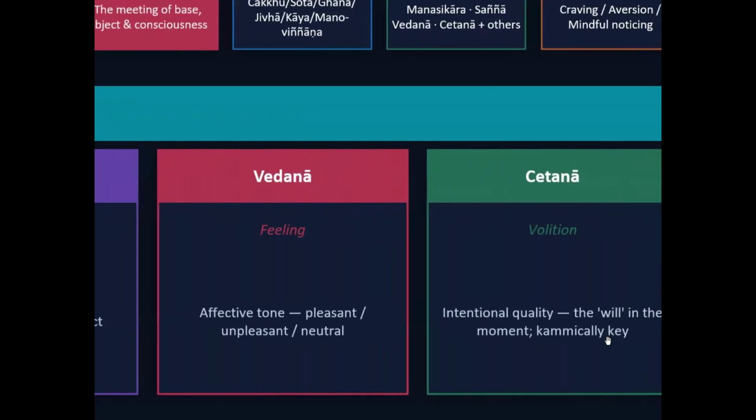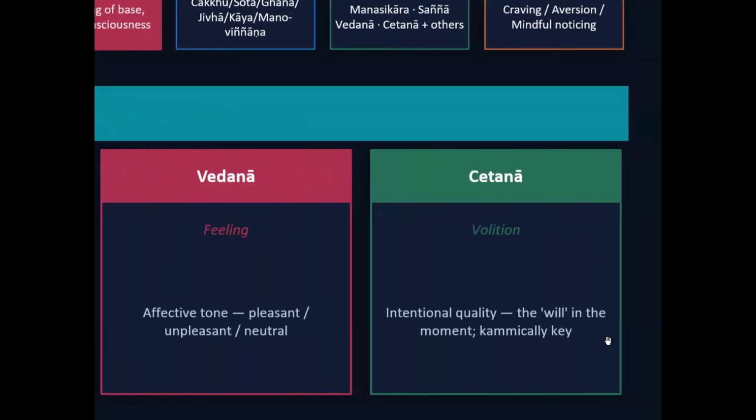And then with all this, the final one, Chetana, volition. This is where the Buddha always said intention is the cause. So intention quality, the will in the moment, is karmically key. Okay. So everything you want to perform later is volition. The volition arrives whether you do good or do bad, the intention to do it. So anything like karma created is volition. That's why Buddhists always say it's volition.